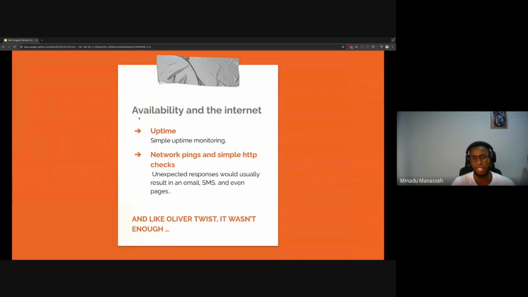And then as the eras kept moving forward, we moved from a computer being a luxury to a computer being something that everyone can get. And then from there, we moved to having the internet. With the internet, there are different websites, different services, and you could visit a particular website from your own system. And then observability started evolving. People started asking, okay, is this website available at this particular time?